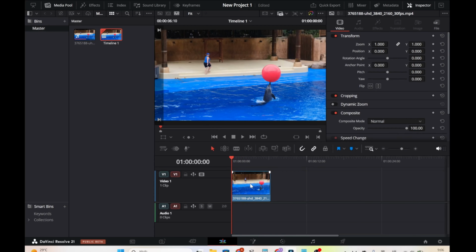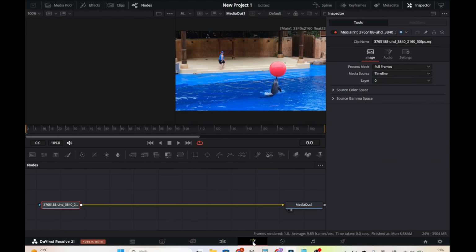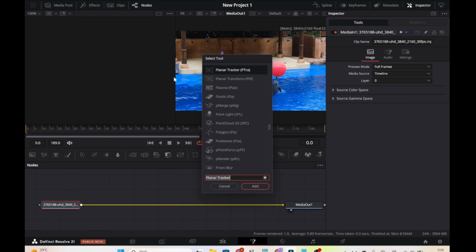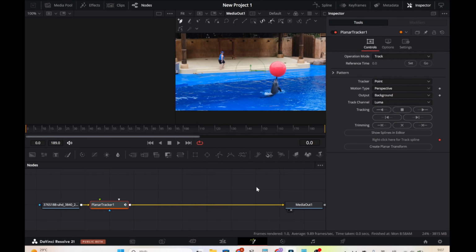To motion track an object in DaVinci Resolve, open the Fusion tab and make sure Media In 1 is selected. Press Ctrl and space to open the search window, type Planar Tracker, and click Add. In the inspector window on the top right, change the tracker type to hybrid point and the motion type to